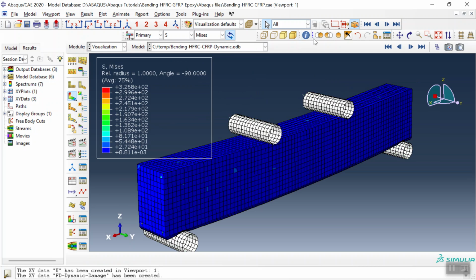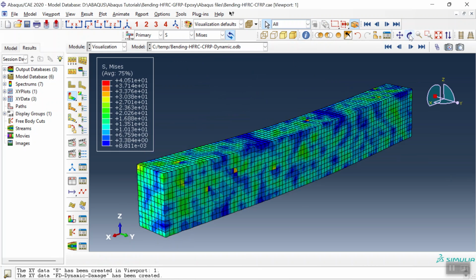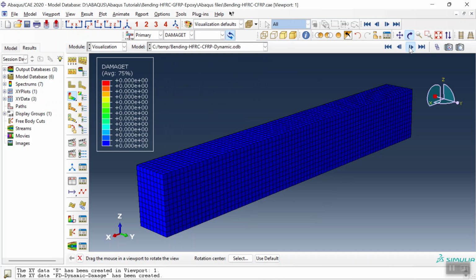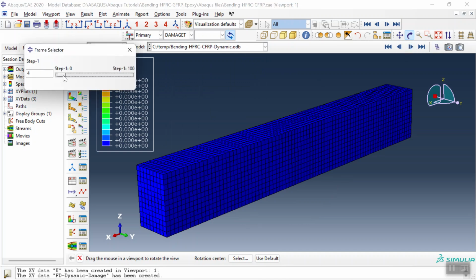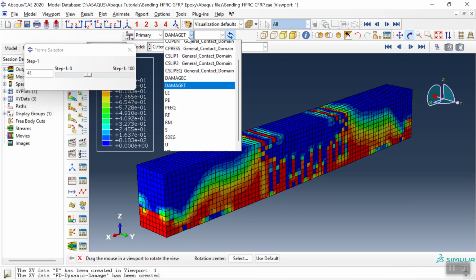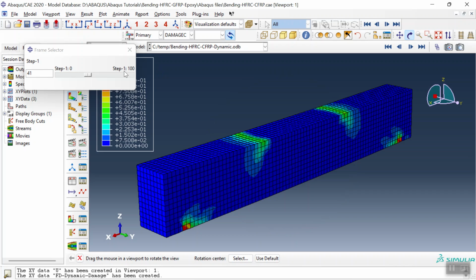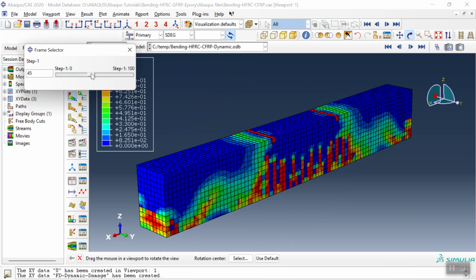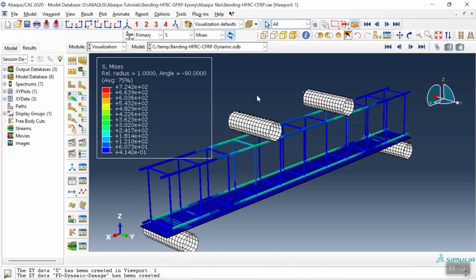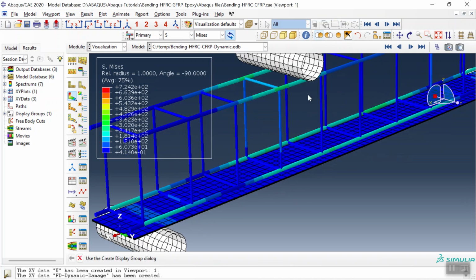In the dynamic model, you can see the stress, then the tension damage, which happens. See the tension damage. This is the crack growth in the hybrid fiber reinforced concrete, compressive damage, stiffness degradation, or anything else. Then we can request, for instance, the stress for the other parts like this, or let me replace